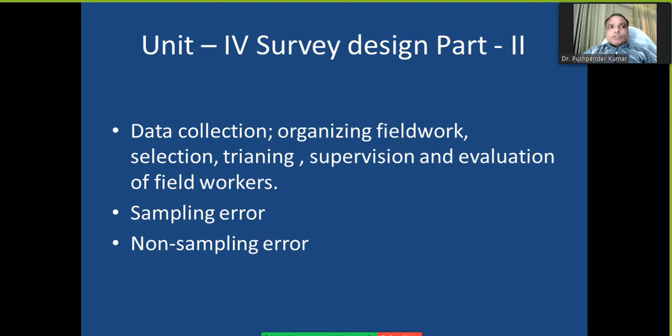And the motto of this questionnaire is to find out some solution or propose some kind of schemes, or we have these objectives, and we request you to fill out this questionnaire, and the information collected from you will be kept secret, right? We are not going to disclose it to anyone, and the purpose of this kind of survey is not at all commercial. So these things we need to mention. So what we are doing is organizing the field work.